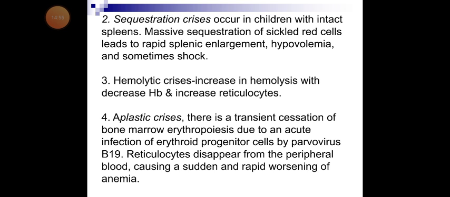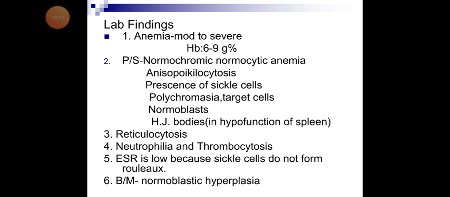Sequestration crisis occurs in children with an intact spleen. Massive sequestration of sickled red cells leads to rapid splenic enlargement, hypovolemia, and sometimes shock. Hemolytic crisis shows increased hemolysis with decreased Hb and increased reticulocytosis. Aplastic crisis is a transient cessation of erythropoiesis in the bone marrow due to acute infection of erythroid progenitor cells by parvovirus B19. Laboratory findings: anemia of moderate to severe type, that is 6 to 9 grams of Hb,